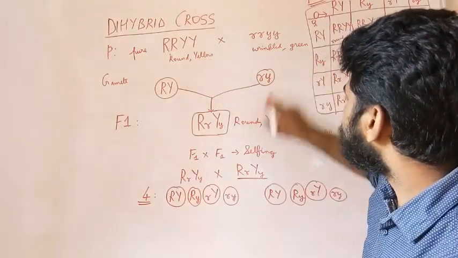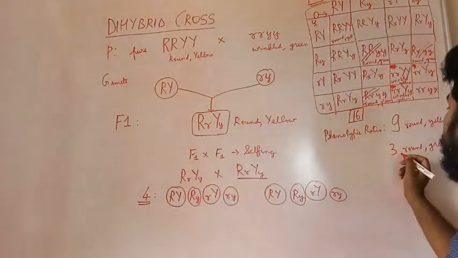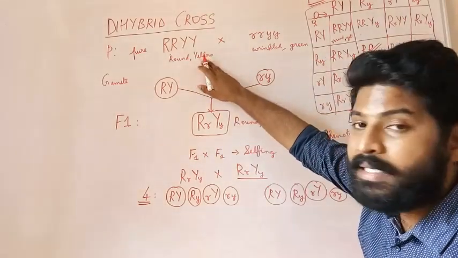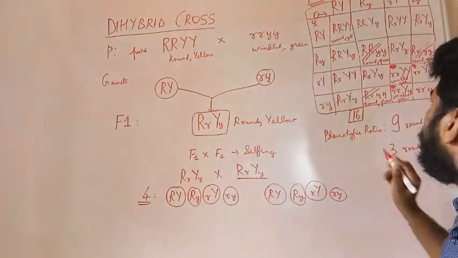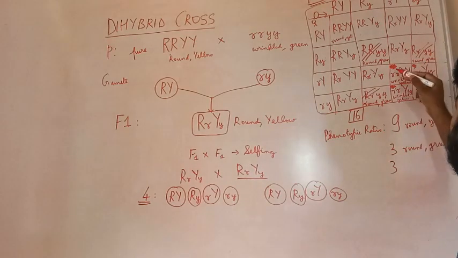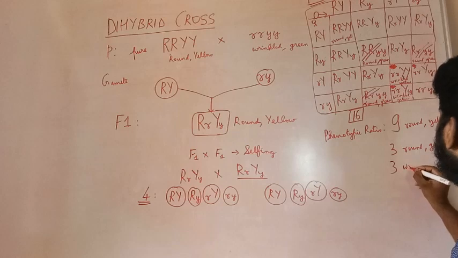Round green combination is nowhere seen. So this is a new combination, round green. It was not seen in F1. It was not present in the parents also. Very important. Then we have another combination, wrinkled yellow. That is 3. 1, 2, 3. There are 3